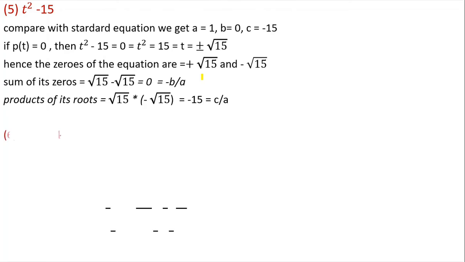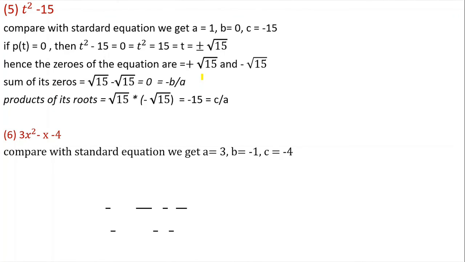Okay. Sixth problem. The given polynomial equation is 3x square minus x minus 4. Okay. When it is compared with the standard form of equation, that is ax square plus bx plus c, we are getting the value of a is equal to 3, b is equal to minus 1 and c is equal to minus 4. Okay. Now, if we want to find the zeros for this particular equation, we want to split the middle